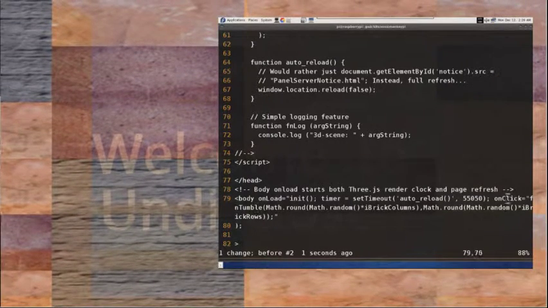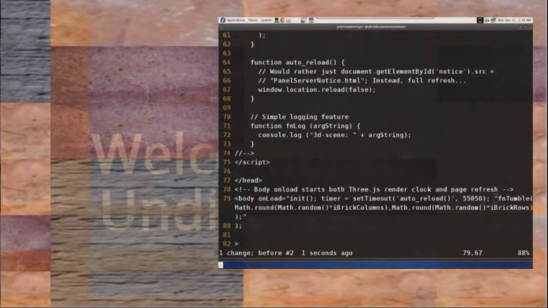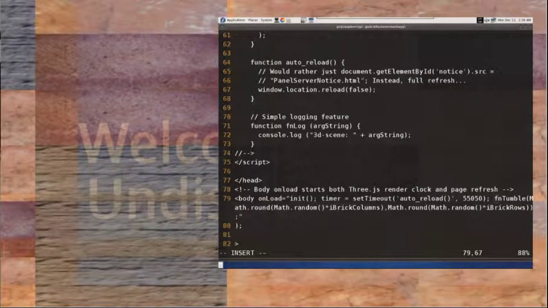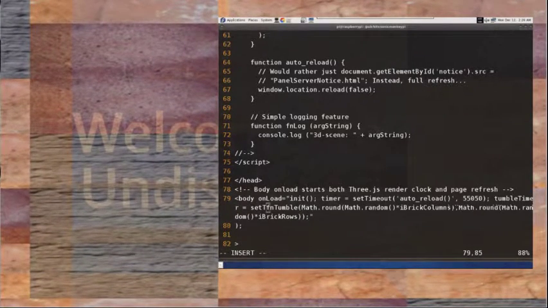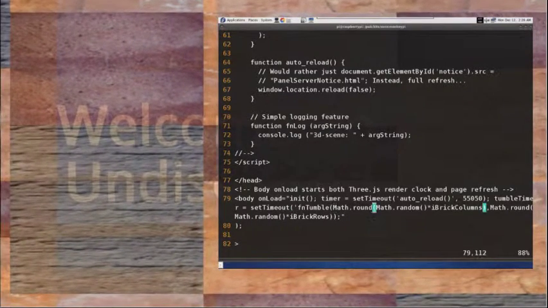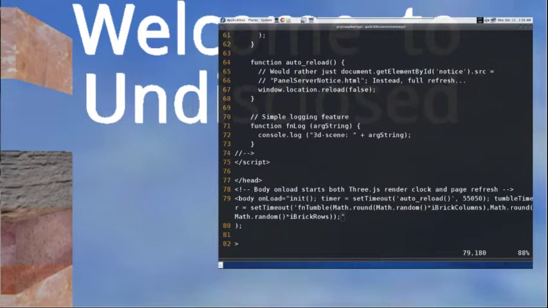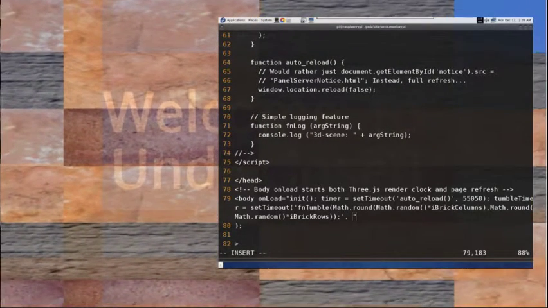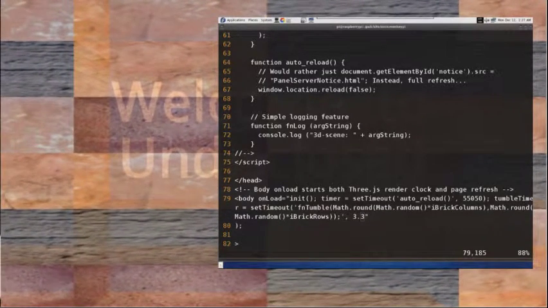Okay, so I'm going to take away this on-click. Oh, I should leave the on-click handler. No, I'm just going to take it off. It's going to set another timer. It's called tumble timer equals set timeout. I am going to do another one in here, and it's going to do blah blah blah. Basically run at random. Tumble is what it will do. And it's going to run it every like 3.3 seconds. Here's a little tip for you. Sometimes if you want to